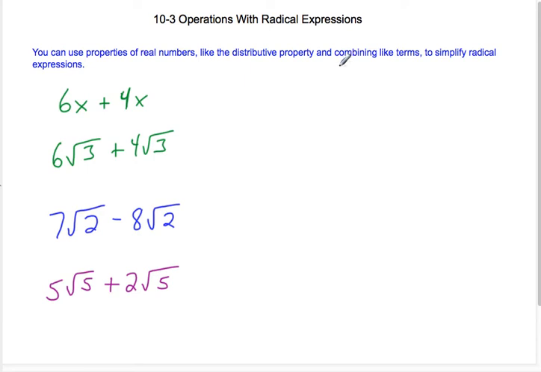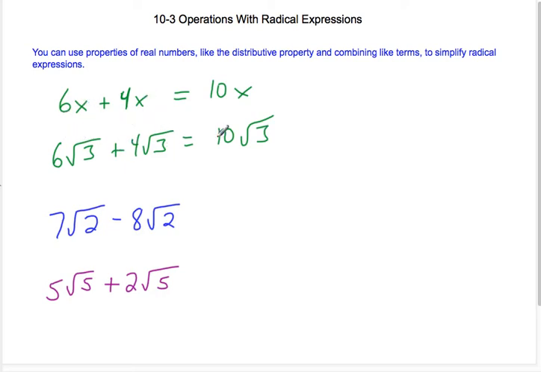Hello everybody. Today we're going to do some operations with radical expressions. You can use properties of real numbers like the distributive property and combining like terms to simplify radical expressions. So just like 6x plus 4x would equal 10x, 6 times root 3 plus 4 times root 3 would equal 10 root 3. So that root 3 kind of takes the place of x, and you can still combine them